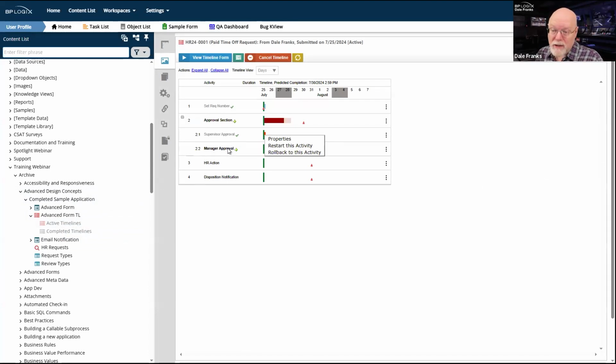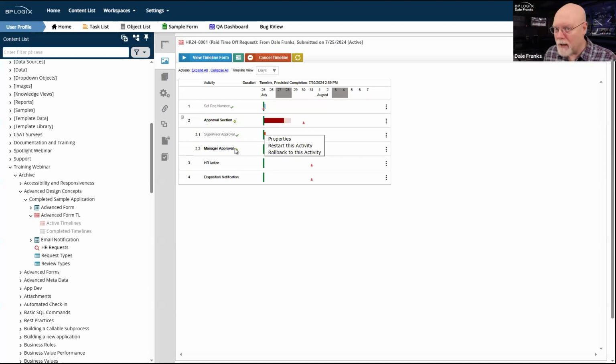Or another case, the supervisor says, I denied it and I didn't mean to deny it. And so it's no longer a running task because that ends the request. It just tells the user, hey, your request got denied. And the manager says, hey, you got to fix this for me. I inadvertently denied a request. That's fine. You can do that because this activity has already occurred. And even though the timeline is still running, I can always restart this activity, or in this case, because the timeline is running, I can roll back to that activity. So whatever the manager is doing, if I roll back, we're just going to pretend like the manager approval activity